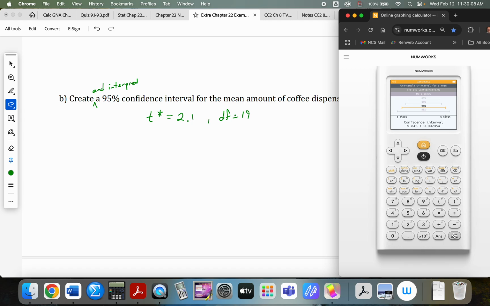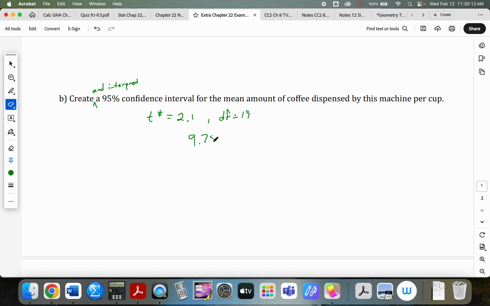So it's from 9.75 to 9.94. So they were lying. Which one was lying? Well, we don't know that they're lying. What do we know? That for samples of this size, we are 95% confident that it is lower than 10. Period. So we're 95% confident that the mean